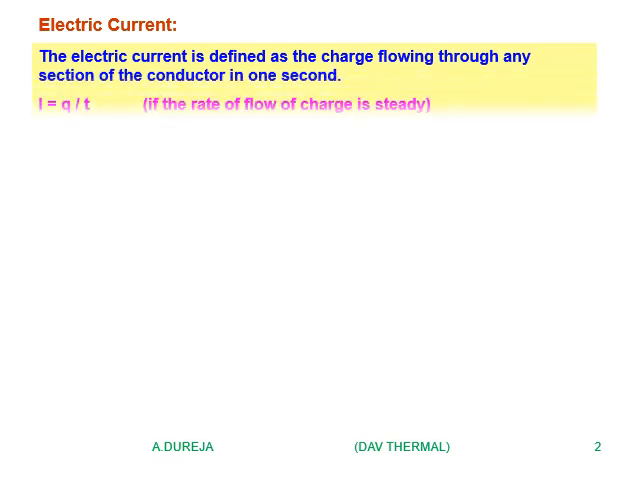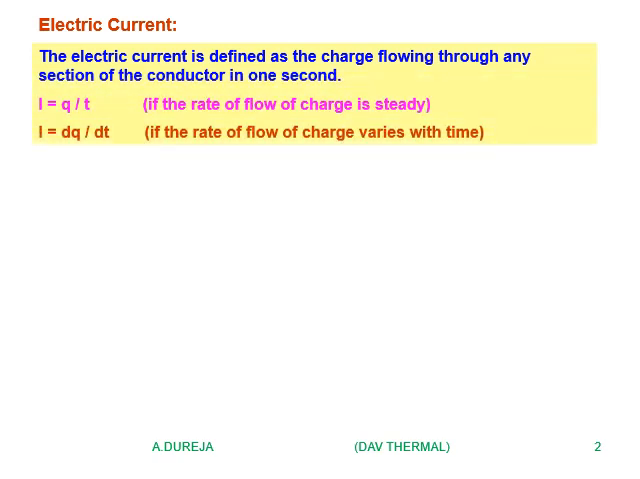If two bodies charged to different potentials are connected together by means of a conducting wire, charges begin to flow from one body to another. The charges continue to flow till the potentials of the bodies become equal. Therefore, the electric current is the charge flowing through any section of the conductor, and mathematically, it will be Q upon T for the charge